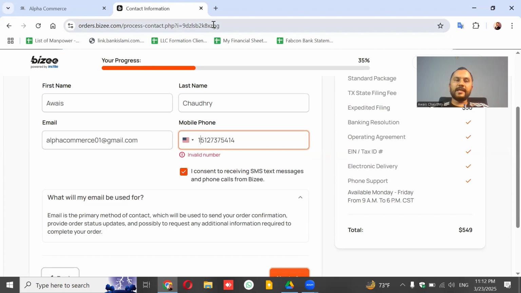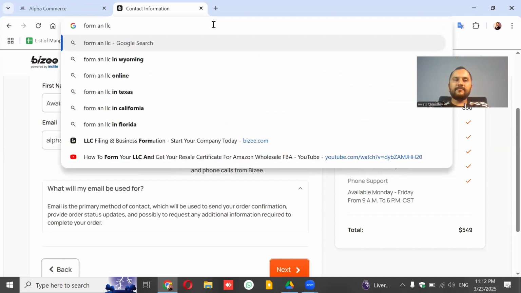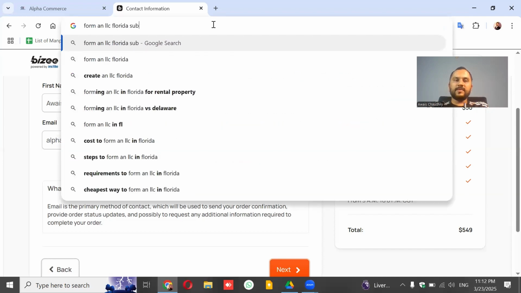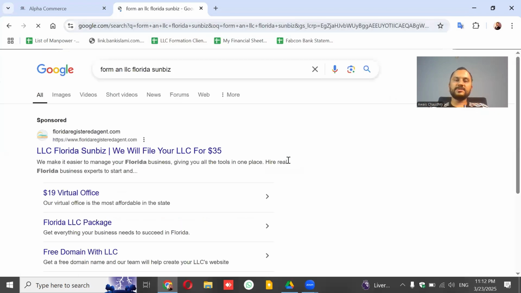Second option is filing an LLC with the state directly. For that purpose, you will be searching for form an LLC Florida Sunbiz. Sunbiz is their official website for LLC formation.